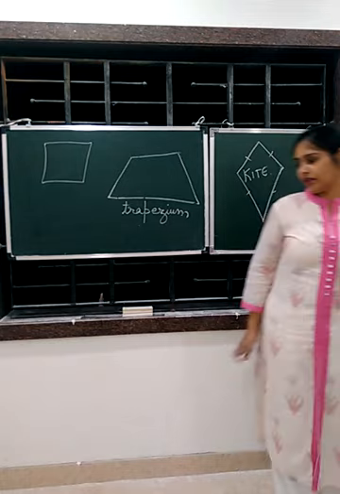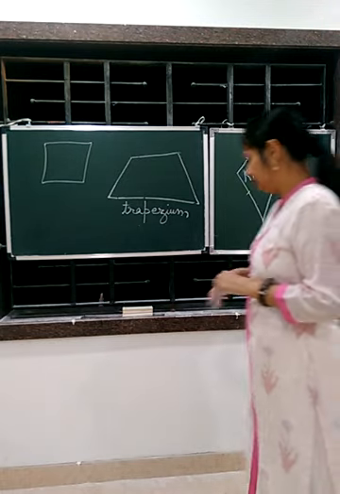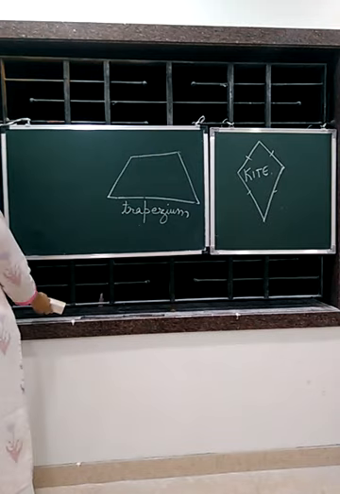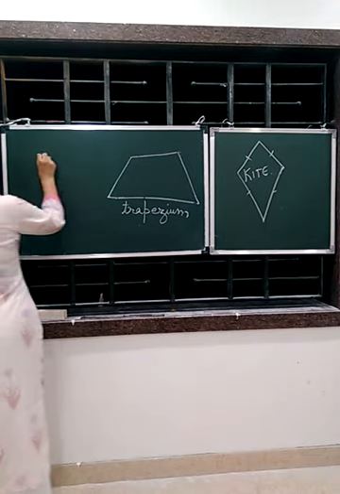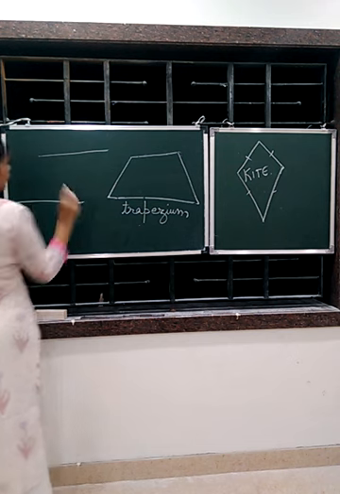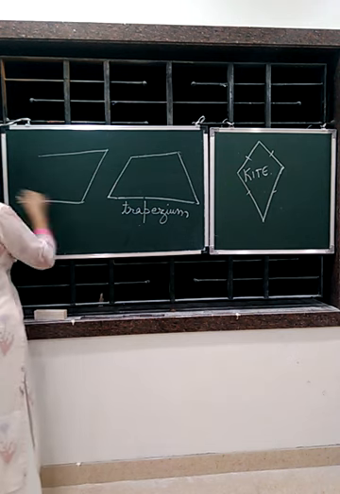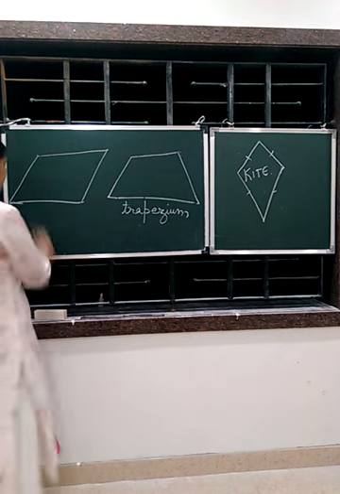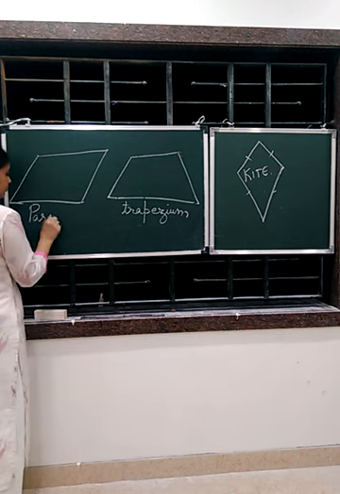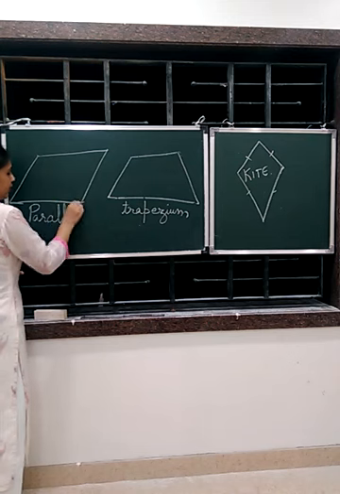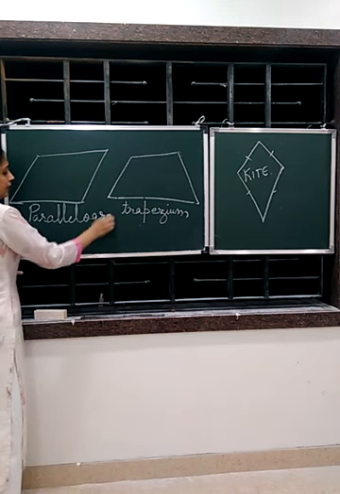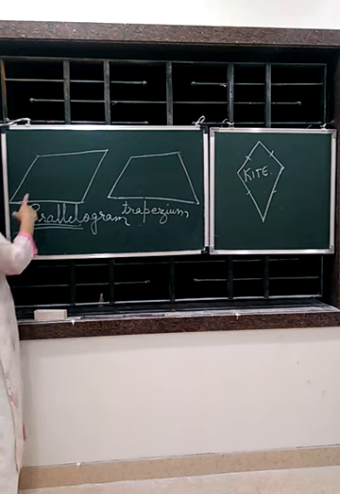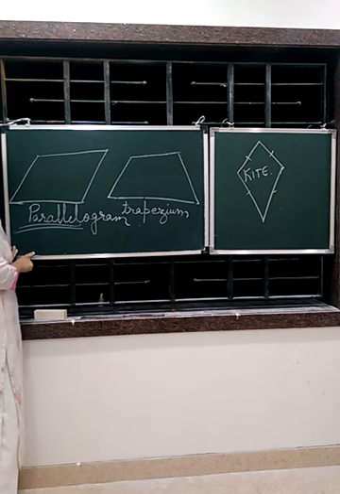Okay, one more is there. So like for example, in trapezium I told you any one side is parallel. Yes, something like this. If I say the opposite sides are parallel, then it becomes a parallelogram. As the name is, it has something to do with parallel lines. Okay, the opposite sides are parallel.